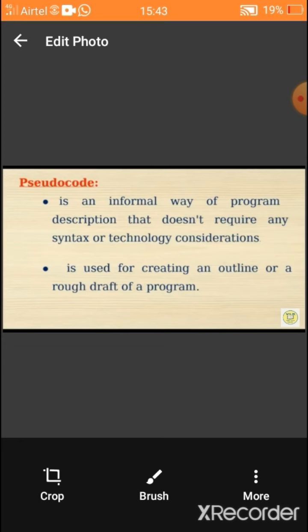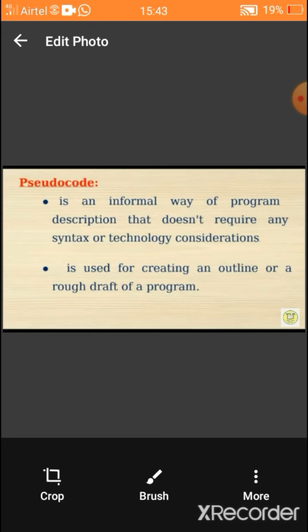We have already seen that pseudocode is like an algorithm. It doesn't follow any particular language. It is in a simple English form. Anyone can easily understand what is in the program.